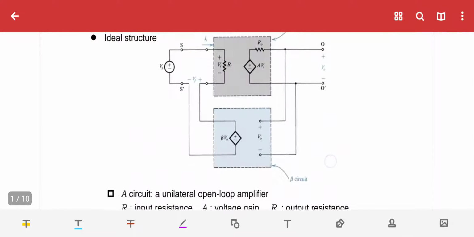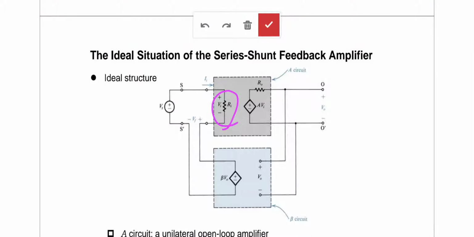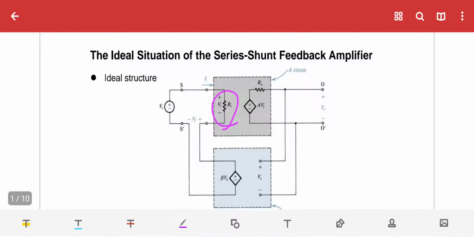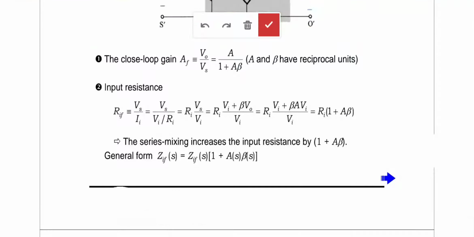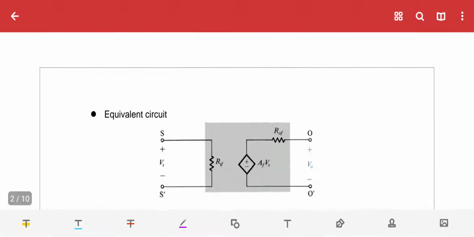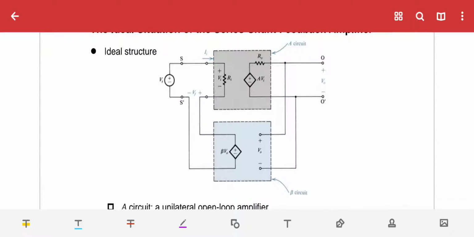What is Ii? From the first figure you can write, Ii is equal to Vi divided by Ri. Substituting that, Vs by Ii is Vs by Vi divided by Ri, so you can write it as Ri into Vs by Vi. Now what is Vs? From the first circuit, once again we will see that. What is Vs? Vs is equal to